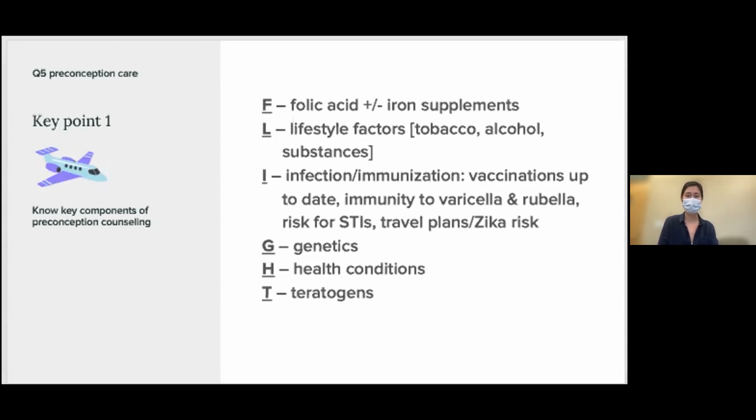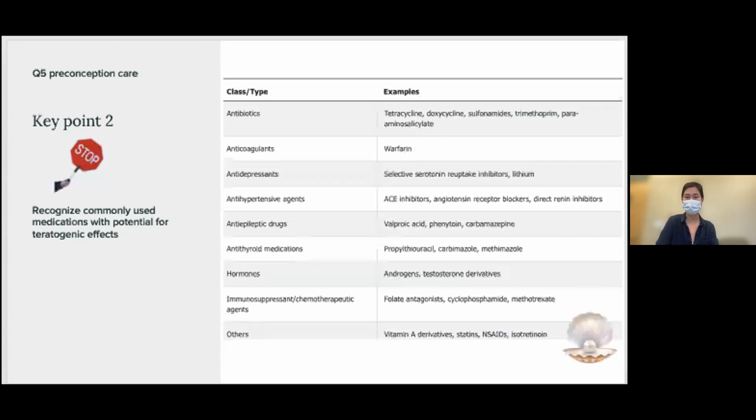Genetics is a pretty broad thing, but in general, if there are any red flags that make you think the patient could have a genetic predisposition for something, you could send them over to genetics if they're open to that. Health conditions is just a broad overview of their medical history. So for this patient, again, diabetes and hypertension and depression. And then teratogens, which is a big piece in and of itself. So that brings me to key point number 2,